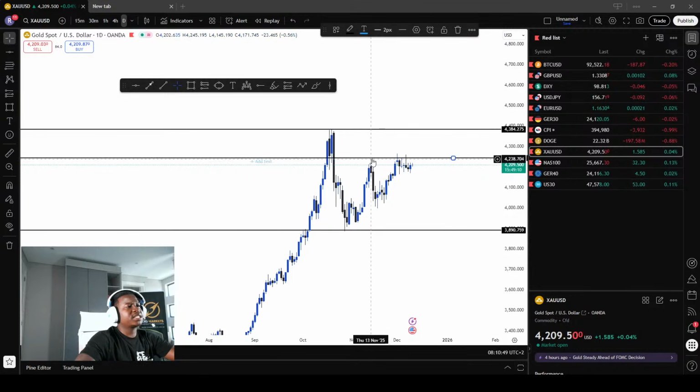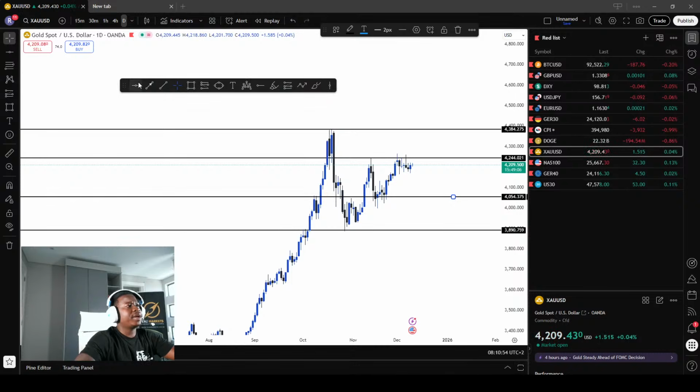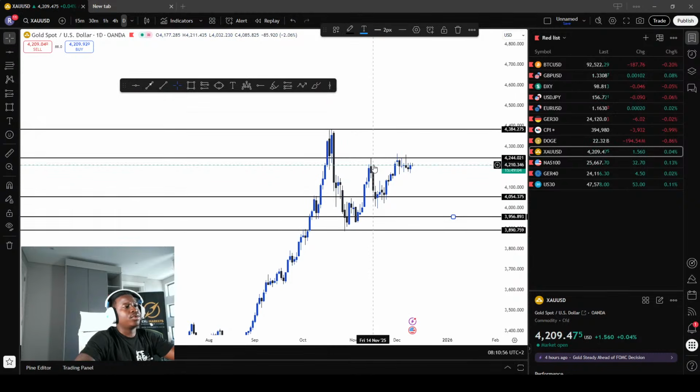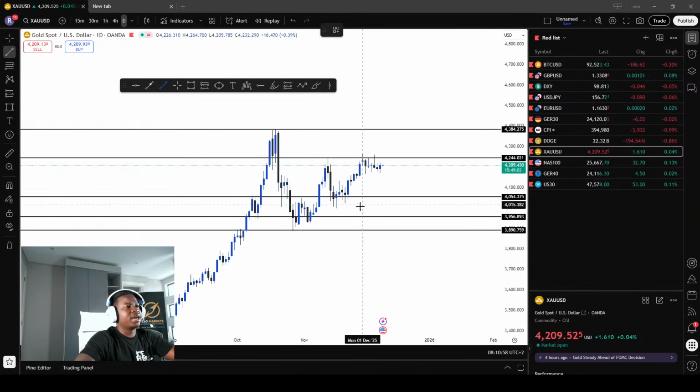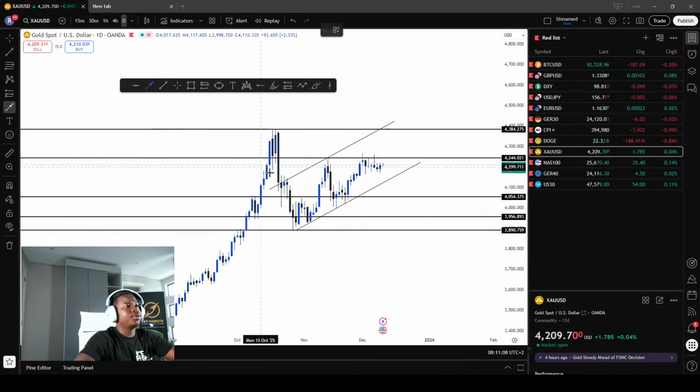You understand? Because there are zones, man. These are strong. So it has to drop a bit, but I don't know where it's going, especially when it comes to dropping. I'm not sure. So we're just going to create a trend line like this, and then we create another one like this. You understand? And then we're going to create places where the market touches.